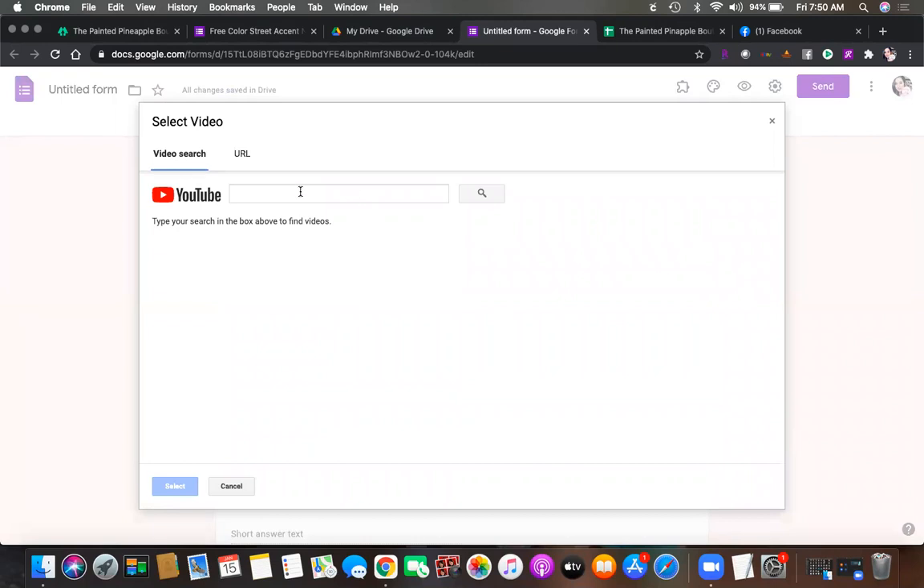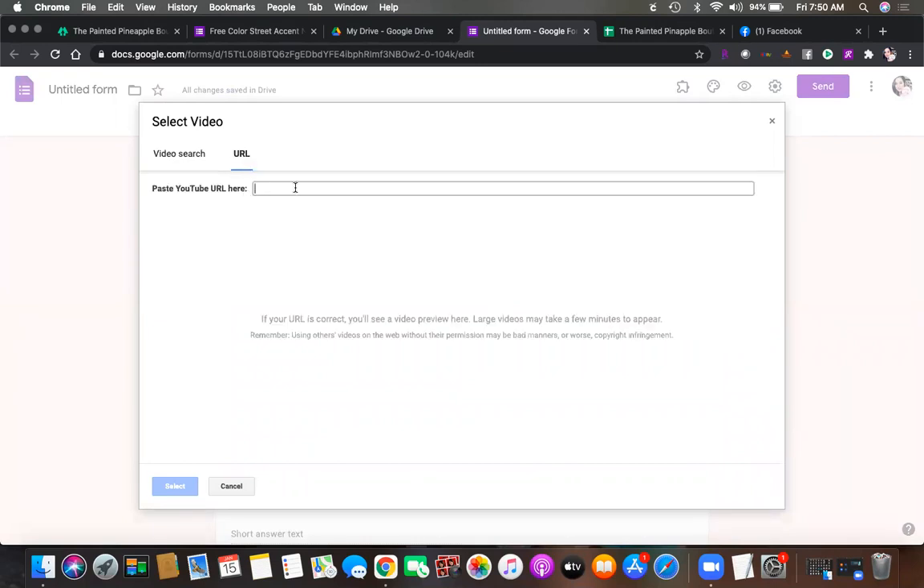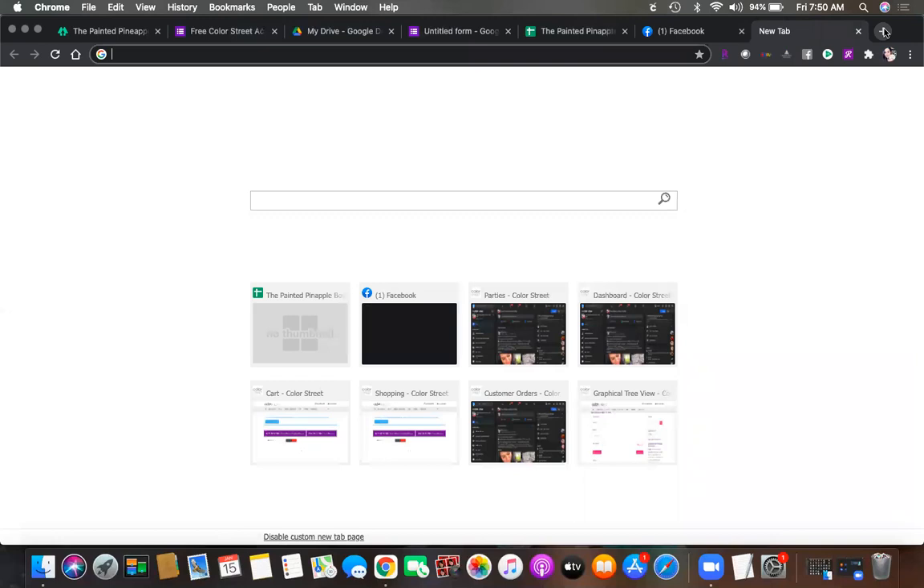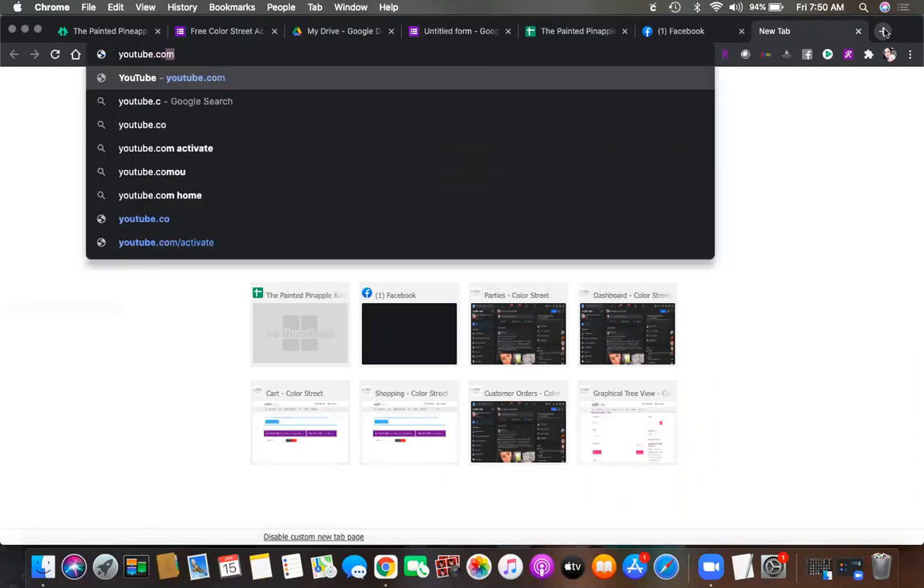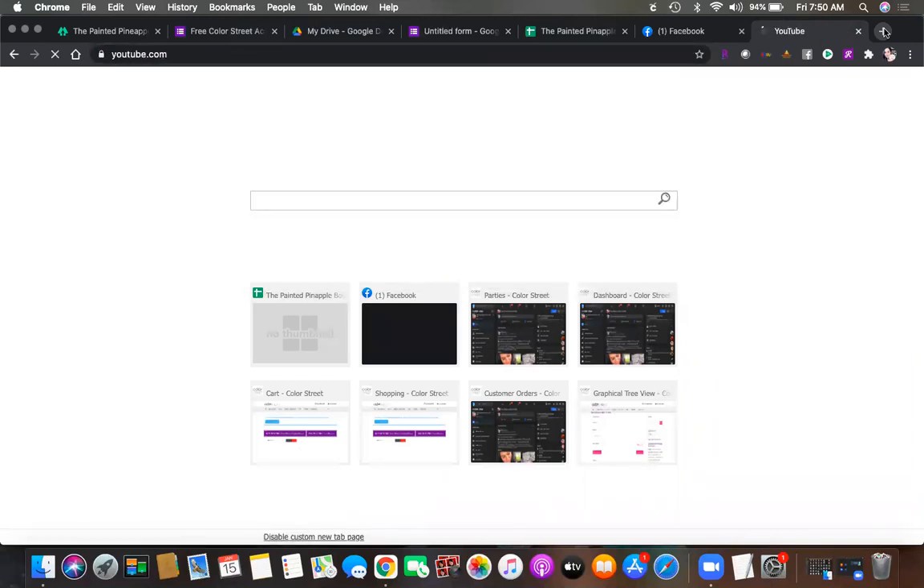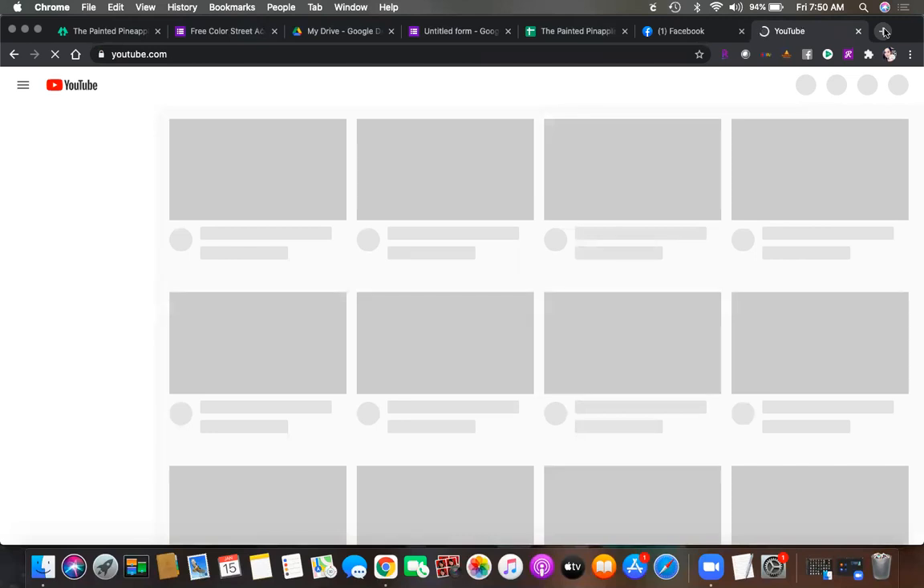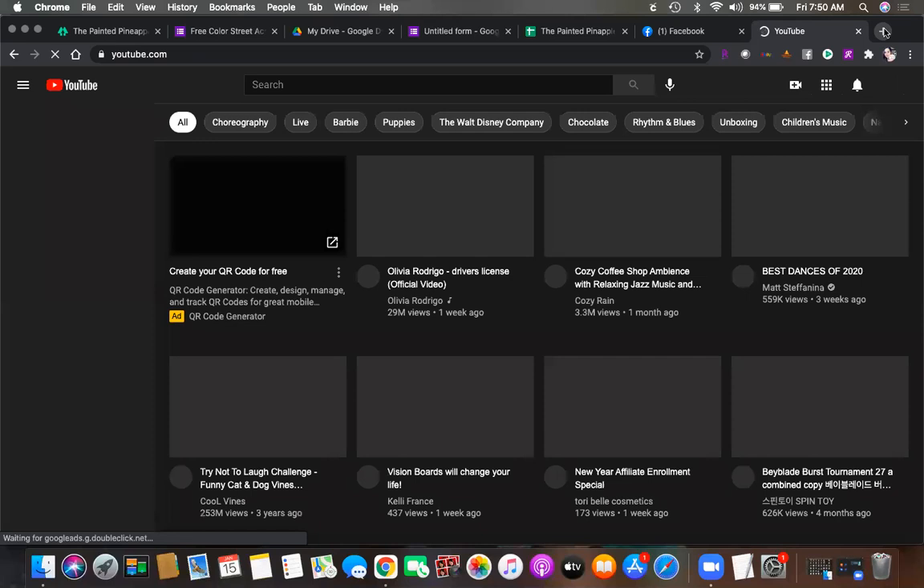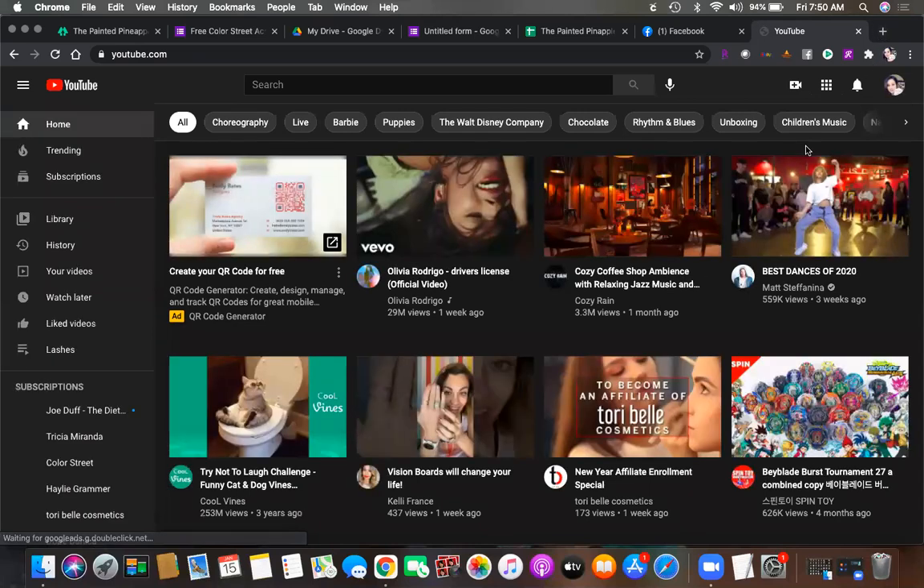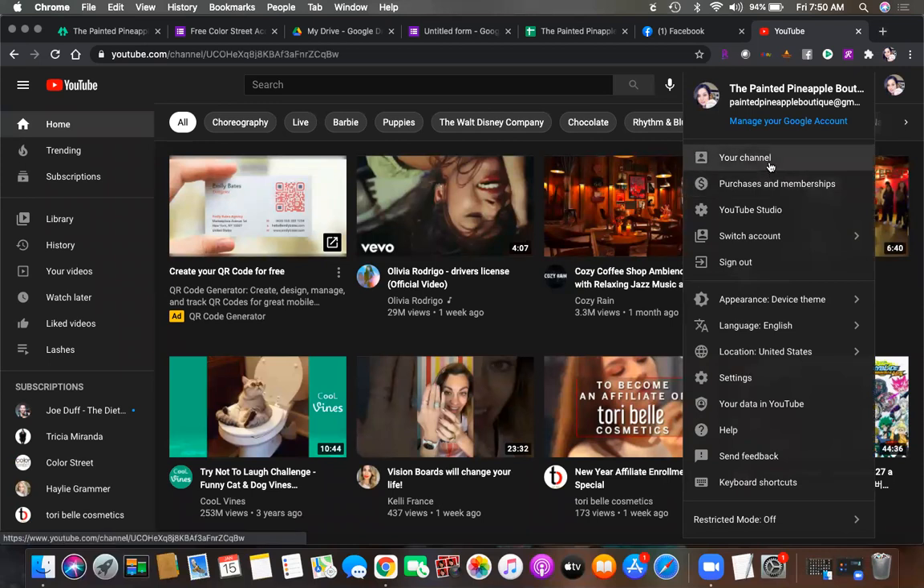Add video, and then you can put in the YouTube video, or you can put in the URL here. So for me, I would go to my YouTube, and you're welcome to use any YouTube video, but keep in mind that whatever video you link, the customer has the ability to click on that YouTube video and then go to that person's YouTube channel. So you do need to keep that in mind